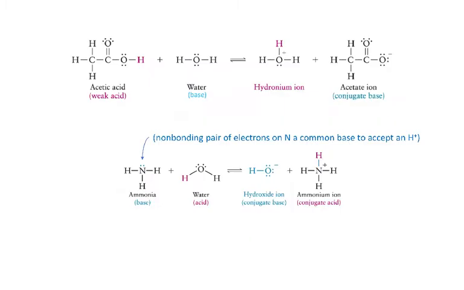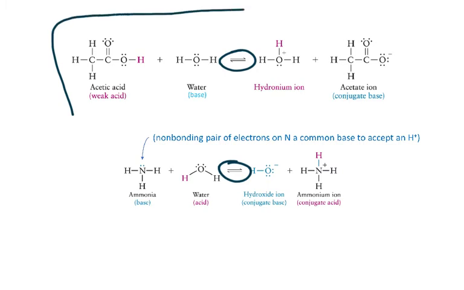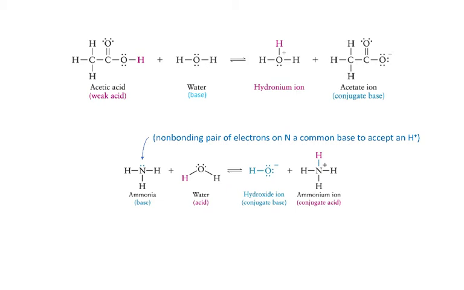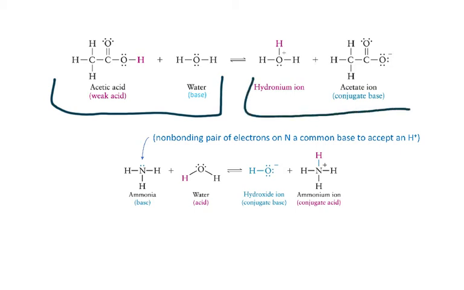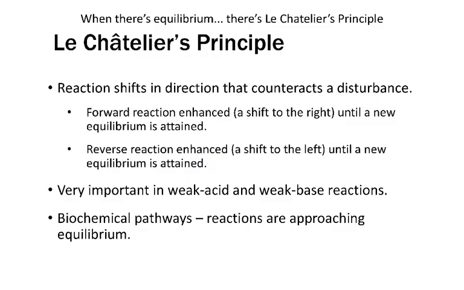So here's another example of a weak acid and then a weak base, and now we're going to pay attention to the fact that we have an equilibrium sign here. We did before, but we didn't really talk too much about it. So even though this is an acid-base reaction, most of what we see at equilibrium would still be acetic acid, and there'd be only very little hydronium and acetate. And the same for the example down here. So anytime there's equilibrium,